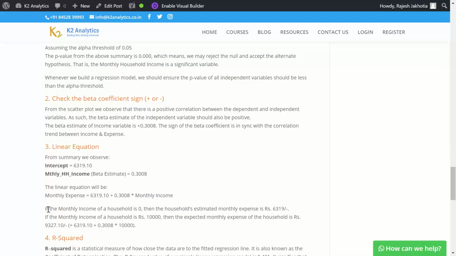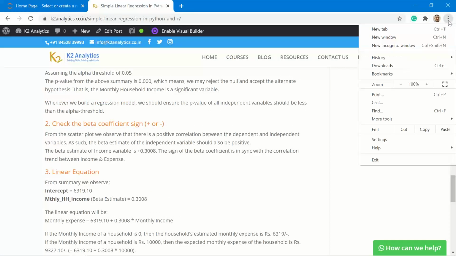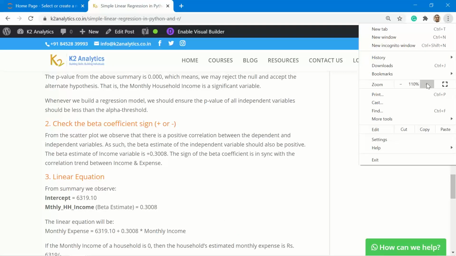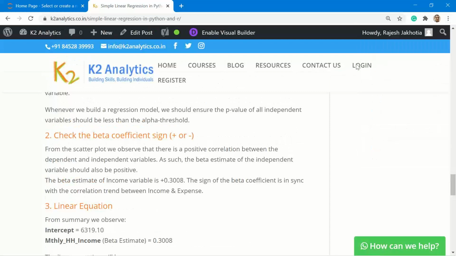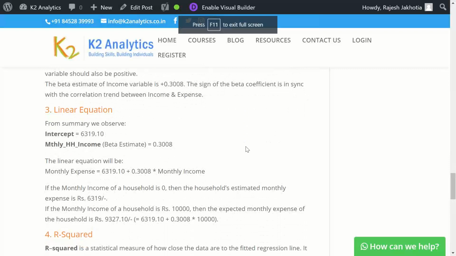If the income of a household is 0, what does that mean? From this equation, we can see the expense of the household will be 6319. So what does the intercept tell you?